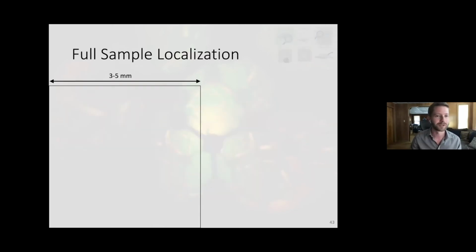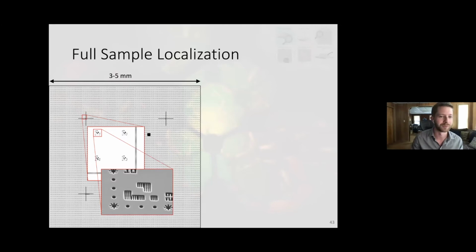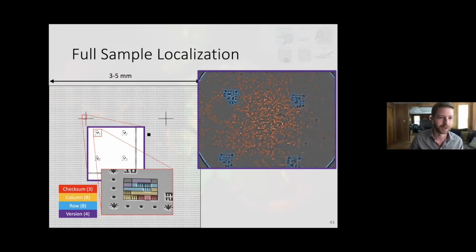And to do that, we're going to start with, so these diamonds are 3 to 5 millimeters in size. So we're going to pattern a QR code coordinate system on that, which if we zoom in, you can see our 2-dimensional codes, which represent a similar thing to QR codes. But we encode the location of that code in the bits of the 2-dimensional code. And so if we look at what our microscope sees, which is about the field of view of 4 of these codes, right here we're seeing the fluorescence from the surface. So each of those bright spots circled by an orange circle is fluorescence from one of these quantum defect centers.